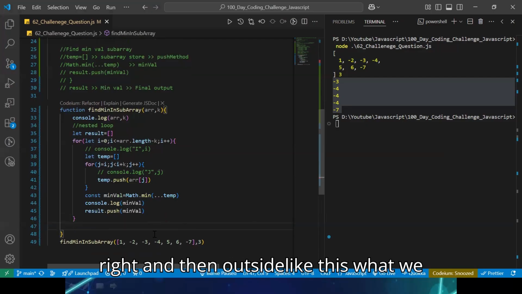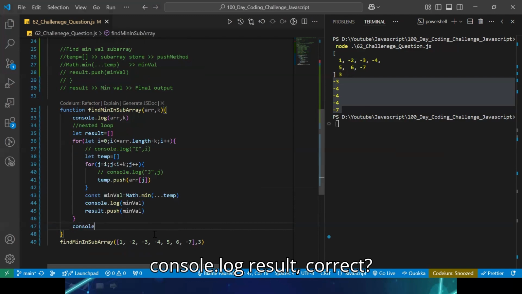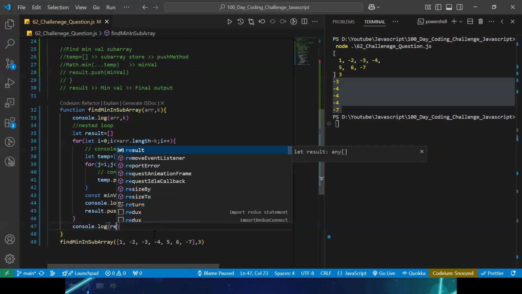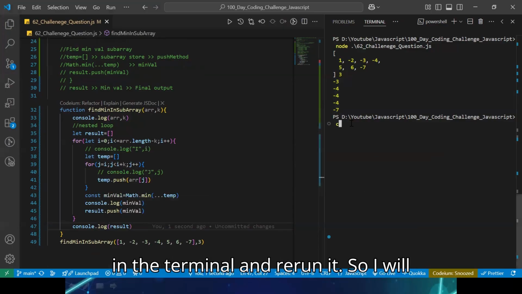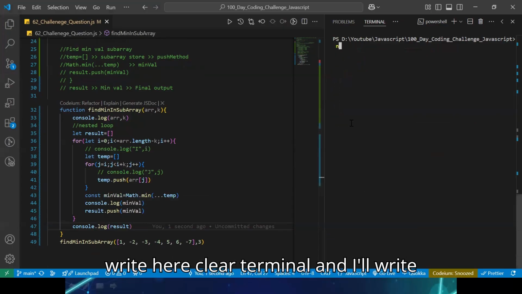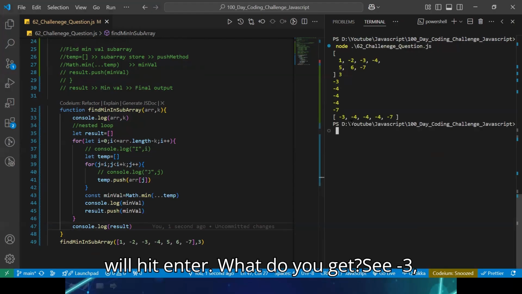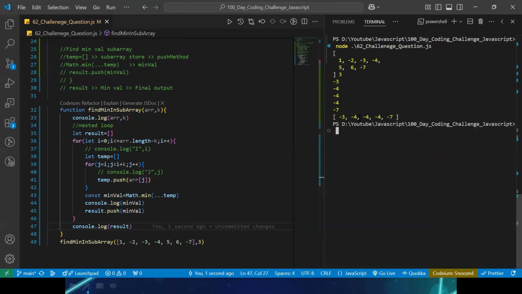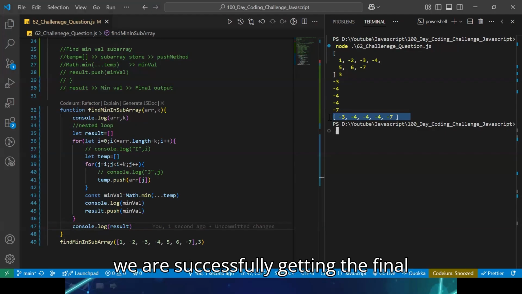And then outside this, we will write our console.log result, correct? Let us write it here and rerun it in the terminal. So I will clear the terminal and write node day 62 challenge and we will hit enter. What do you get? See, -3, -4, -4 and -7. We are able to get this particular output. So if you see, we are successfully getting the final output.